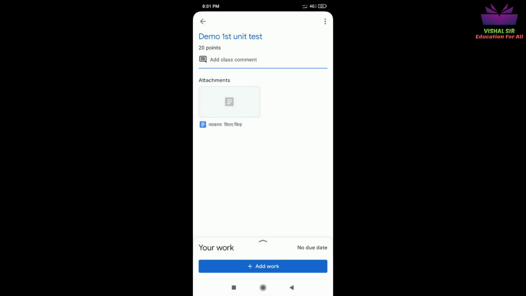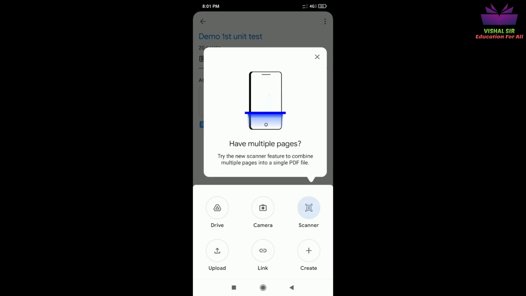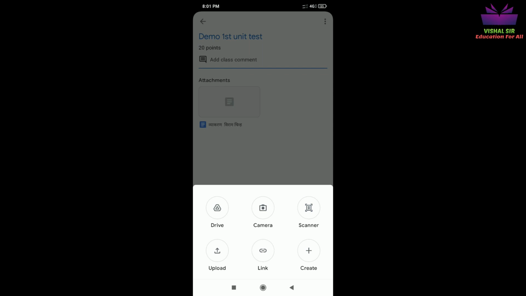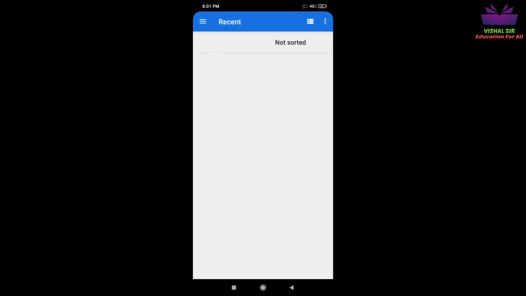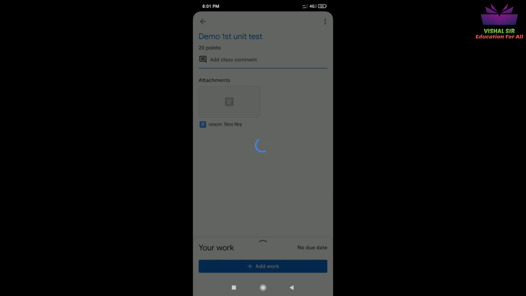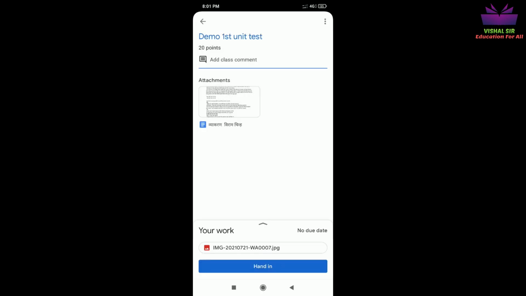Then you have to come back to the question paper page, and below you will find Add work. Once you click on that, you will find many options over there, and then you can click on Upload. Once you click on Upload, the photos you have clicked will be there in front of you. Then you select the photo of your answer sheet and upload it, and it will take a little time to upload. Once it uploads, you can again see the screenshot as you had seen on the laptop. The screenshot has come, so you can understand your paper is uploaded.